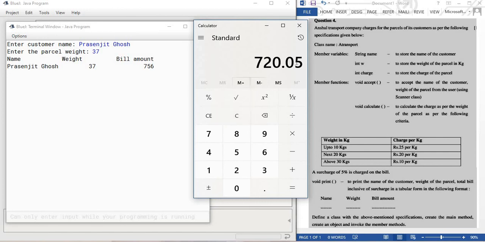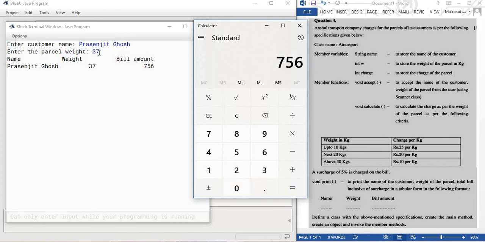I think some calculation is mistaken. 720 into 5 by 100, 36. So 36 plus 720, you can see 756.